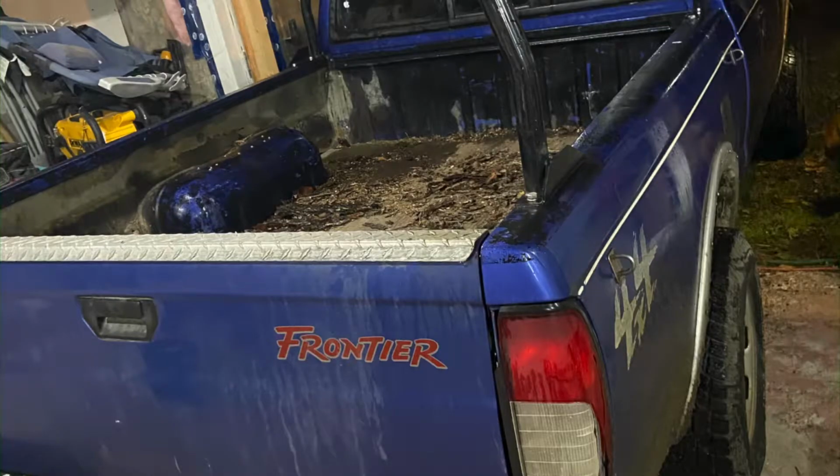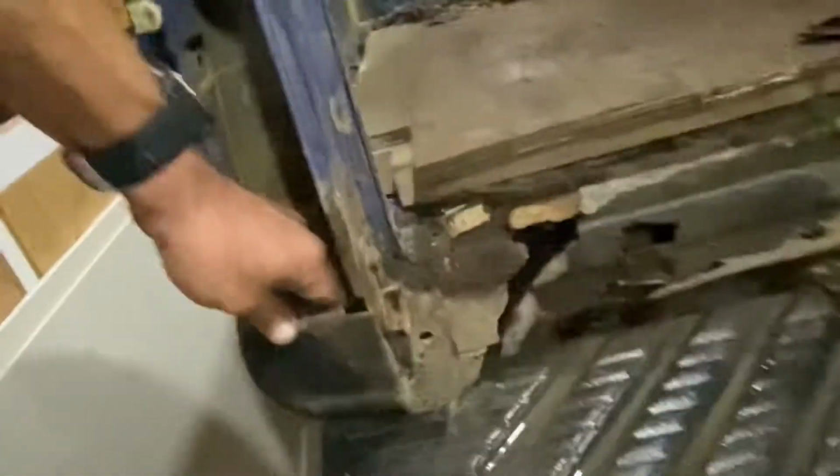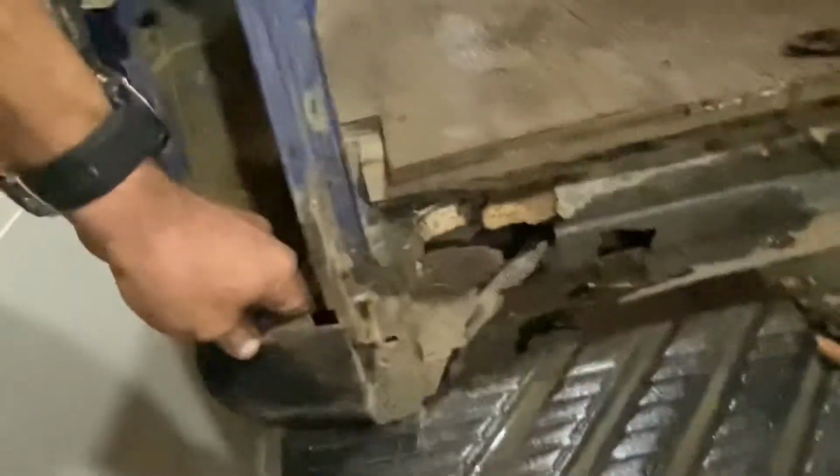Here's my flat deck build. The box is pretty bad at this point. There's the problem. I couldn't really see under the plywood, so I wasn't really sure what I was in for, but